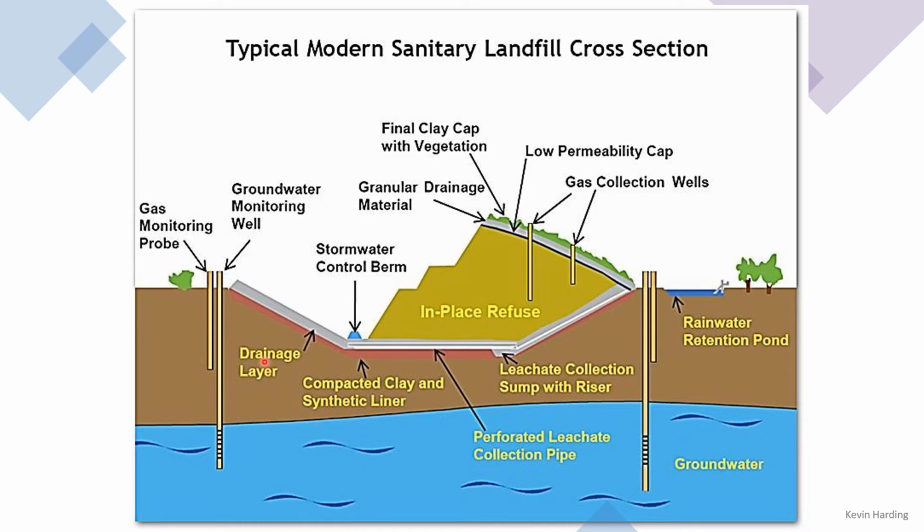So the first one is typically, I'm just trying to look here, it's the red line here. It typically starts with a compacted clay and synthetic liner. If we can get clay so that we don't get anything seeping through, we can use that as our first insulation layer. Secondly, there's typically a synthetic liner, I don't want to call it a plastic, but it pretty much is a plastic liner that then goes at the bottom of that so that any waters